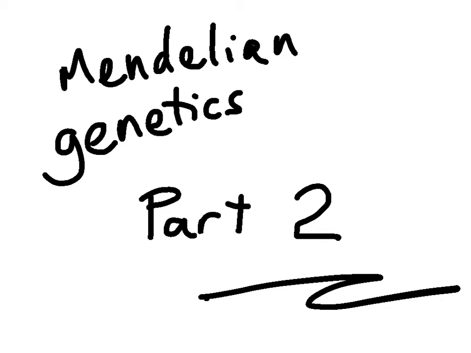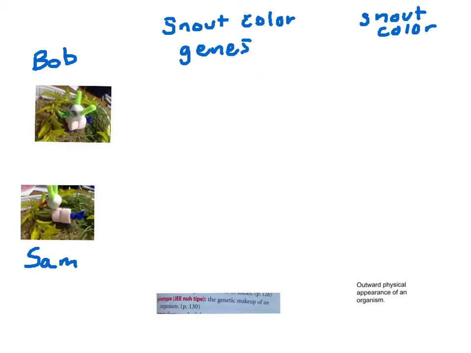So welcome to Mendelian Genetics Part 2, and in this class we'll think further about the Rebop experiment that we spoke about in Part 1. So if you remember from yesterday, we had two parents, Robert and Samantha, which we can shorten to Bob and Sam. And Robert, the father, had two dominant genes, which we write as big G,